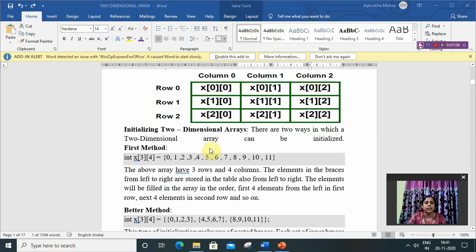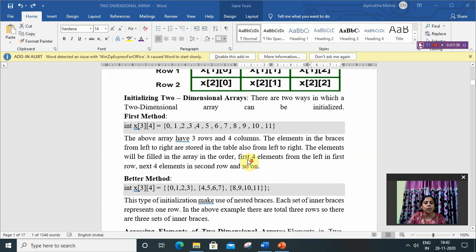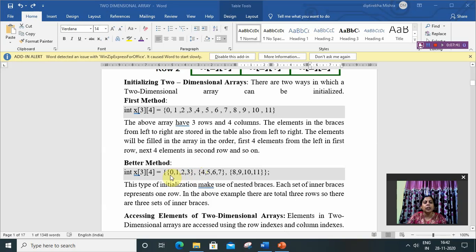Okay. So next, how can we initialize a two-dimensional array? There are two ways. The first method is to declare it like int x[3][4]. Int x[3][4] means x is an array of 3 rows and 4 columns, so it can store 3 times 4, that is 12 elements. In curly brackets we can specify 12 elements separated by commas, or we can also specify each row's elements.